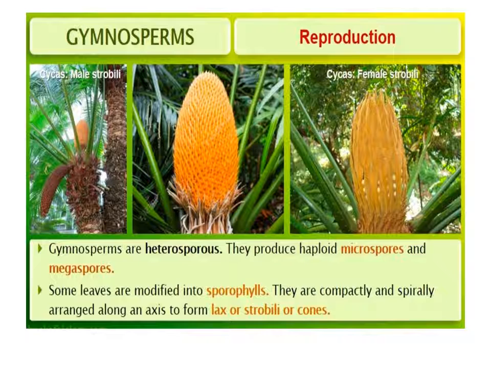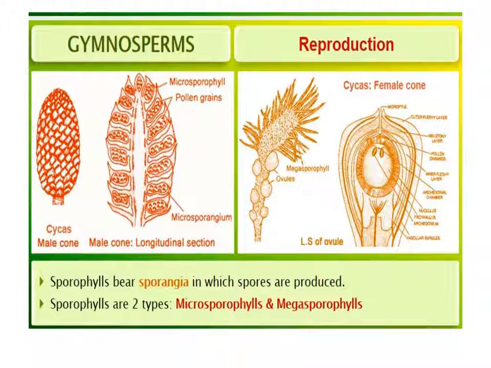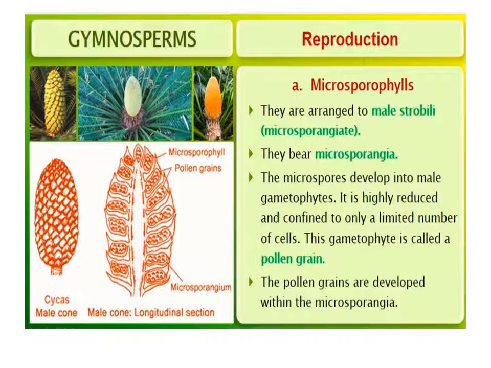Some leaves are modified into sporophylls to produce strobili or cones on the axis of the plant. Sporophylls are of two types, microsporophylls and megasporophylls, which bear the sporangia to produce the different types of spores. Microsporangiate or male strobili bears microsporangia to form the pollen grain. The pollen grains are developed within the